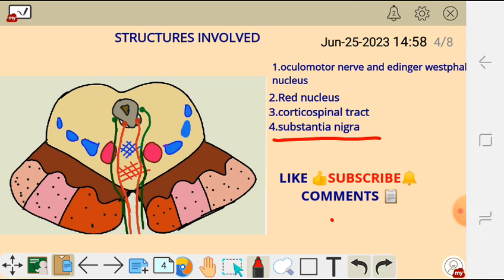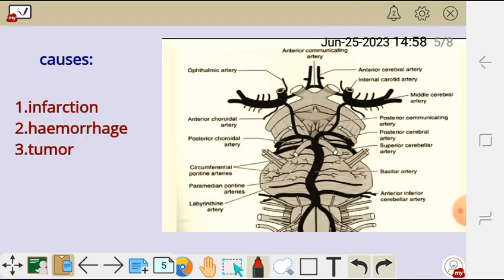So the structures which are involved are these structures here: the red nucleus, substantia nigra, and the corticospinal tract. Those are the structures which are involved. What are the causes of Benedict's